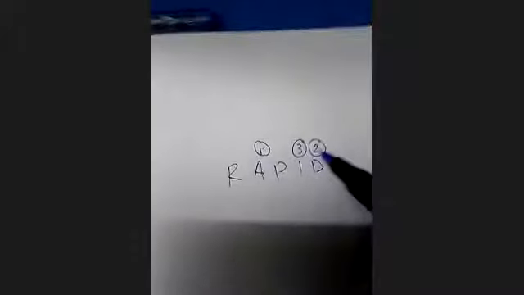So in this case, what shall we do? As per the dictionary, the very first letter that occurs is A. So on the head of A, write one. After A, serially it comes to D, so on the head of D, write two. After D, it comes to I, so write three. After I, it comes to P, so write four. And after P, it comes to R, so write five.